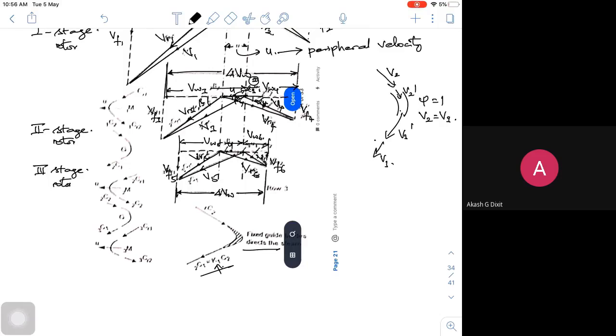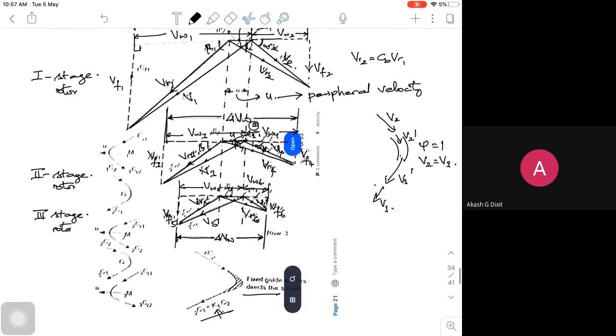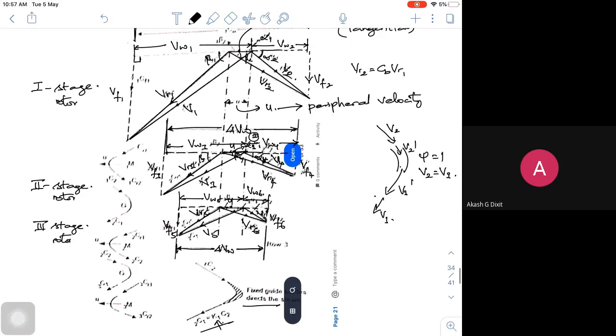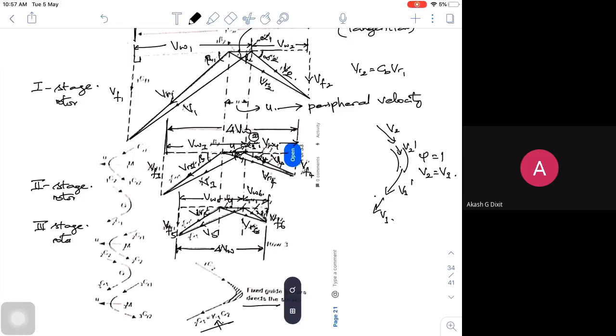If the carryover coefficient is not given in the numericals, you can take your V2, whatever velocity with which the fluid is coming out of the previous rotor, and it will be entering the next rotor with the same velocity. With that assumption, we should be able to solve the numerical. Okay. For each and everything, it's given. Maybe if you look into R Yadav textbook also, for